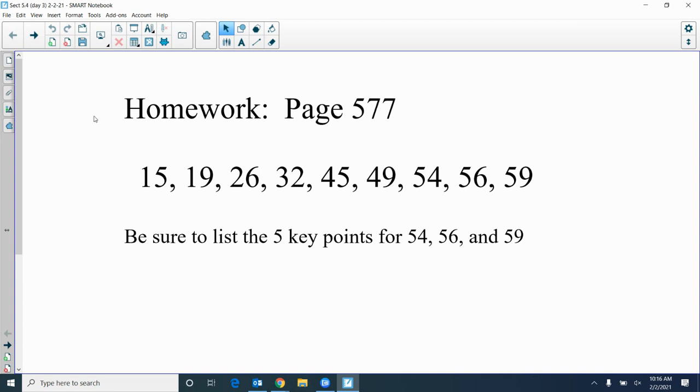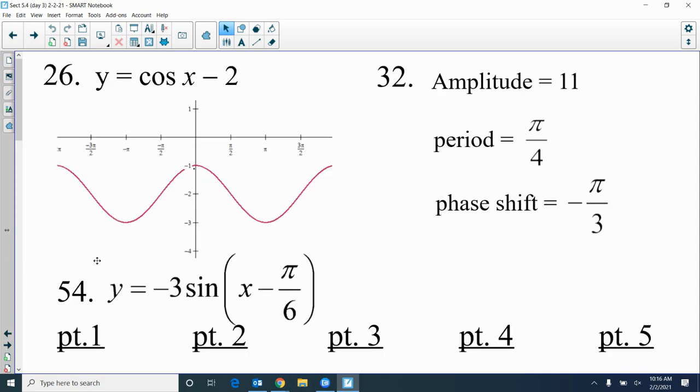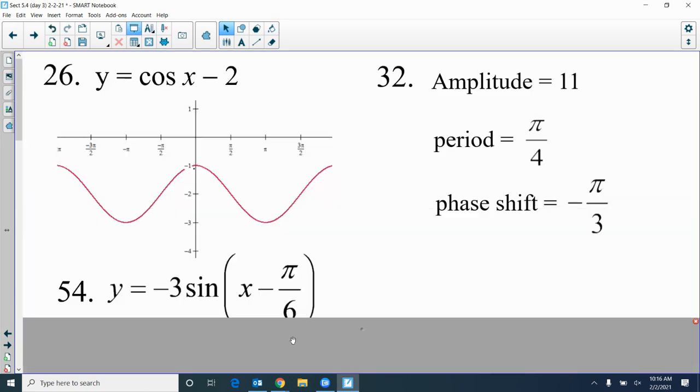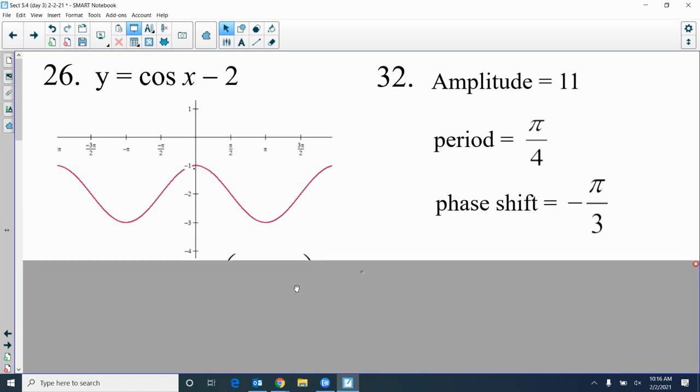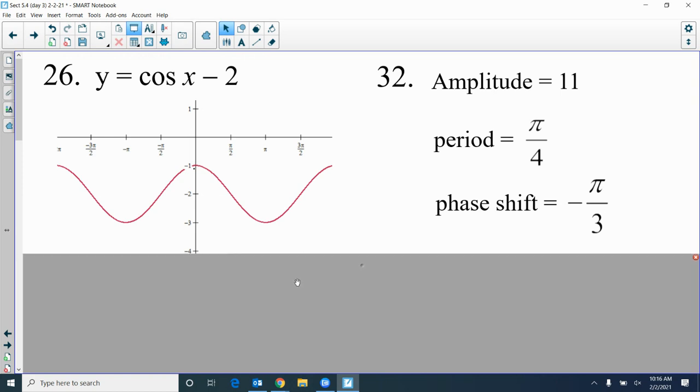All right, listen up here. All right, so for 15 and 19, make sure for 15